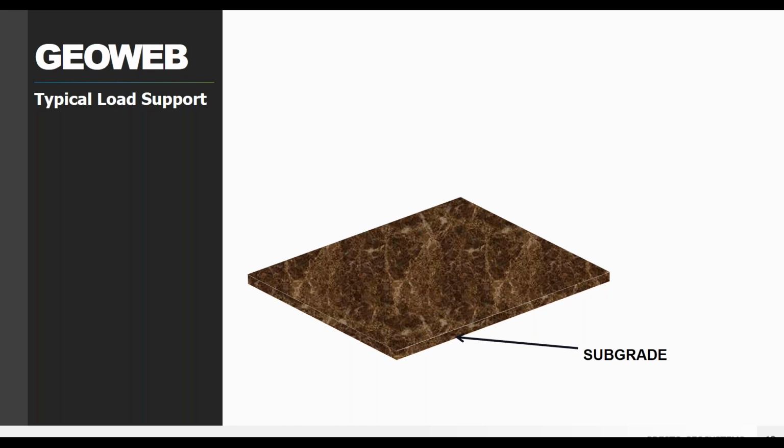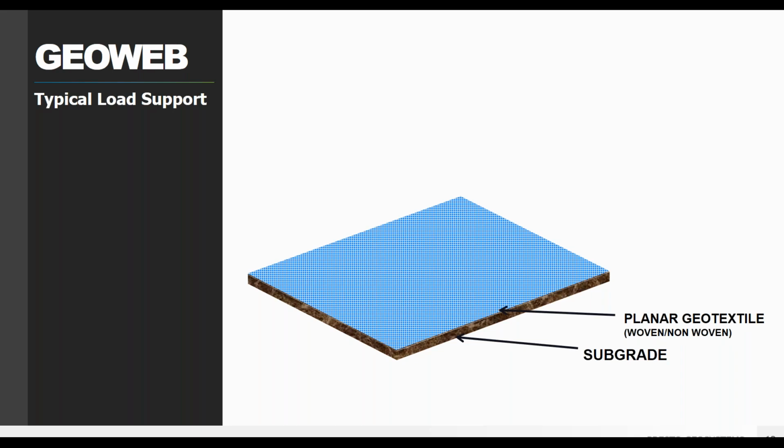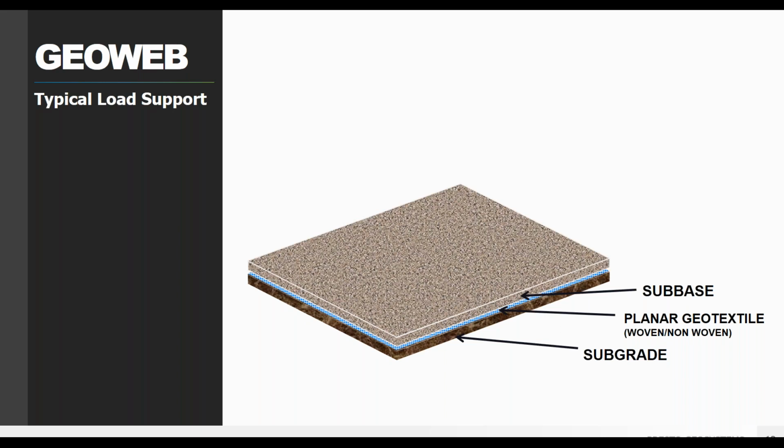So we have a typical cross-section that we're going to go through for a load support application. So you start with your subbase. It's going to have varying strength. We typically see it expressed as the California bearing ratio, the CBR percentage, but there are some other measurements as well. Usually any sort of geotechnical testing that you do is going to provide you with some measure of your subgrade strength. So then you decide whether or not you need a planar geosynthetic material. Typically, it's going to be a woven or a non-woven geotextile, and a lot of that is going to be based on your system application. Then perhaps a subbase layer of an aggregate material is going to be needed. Typically, if your subgrade soil is very poor, you're going to need this base layer.